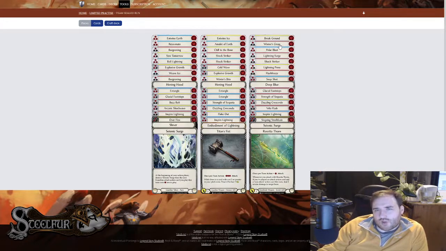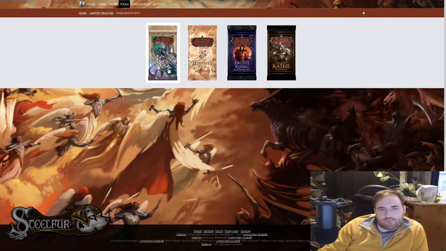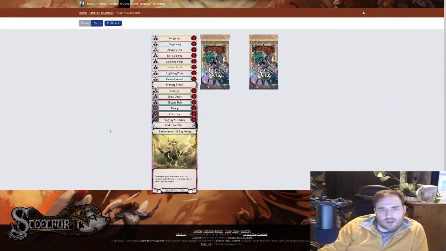I think Winter's Grasp, which is a 2 for 6 in the red, and Confuse, Polar Blast, Lightning Surge, Shock Striker, all of these are really good. So you actually have multiple choices here, depending on really what you want to play. And that's kind of up to you, really. Anyway, let's do some more and see what we get. So pack 1 here. Okay, we are missing...